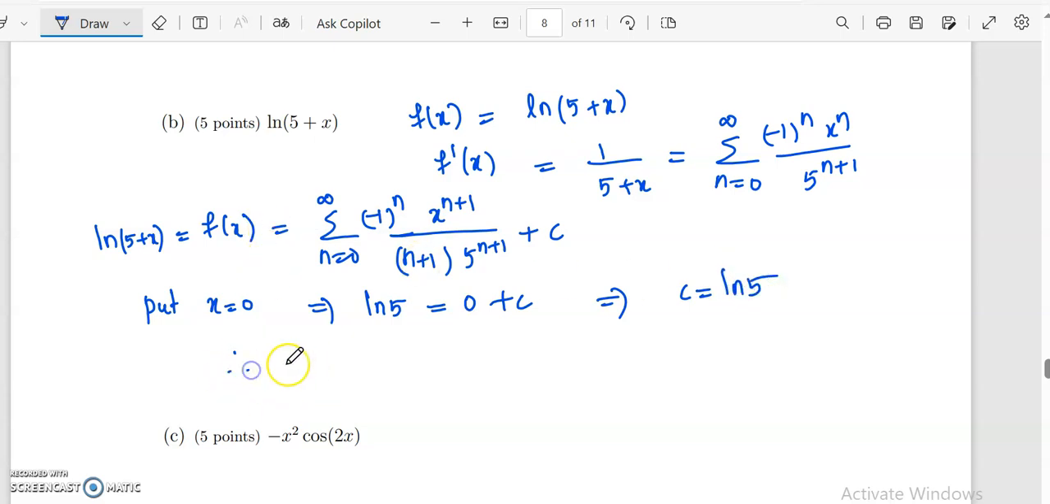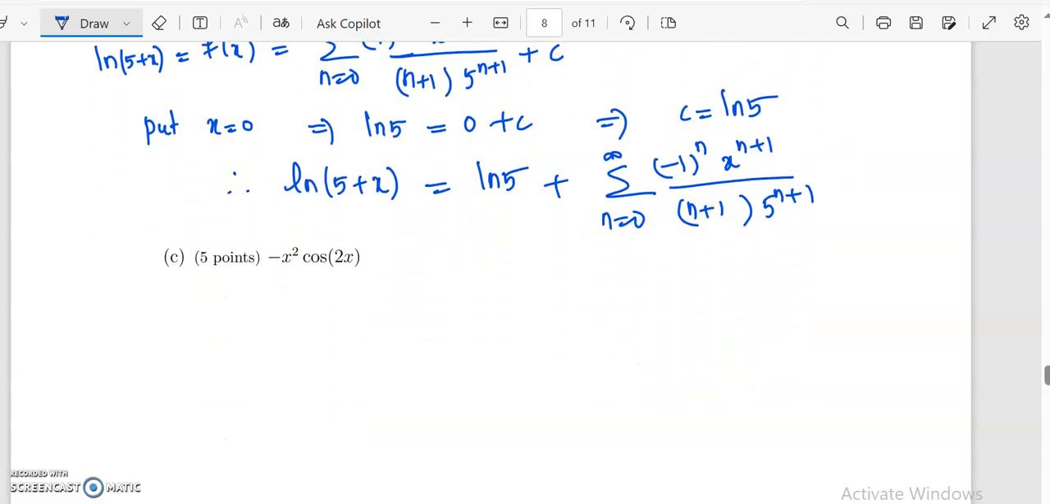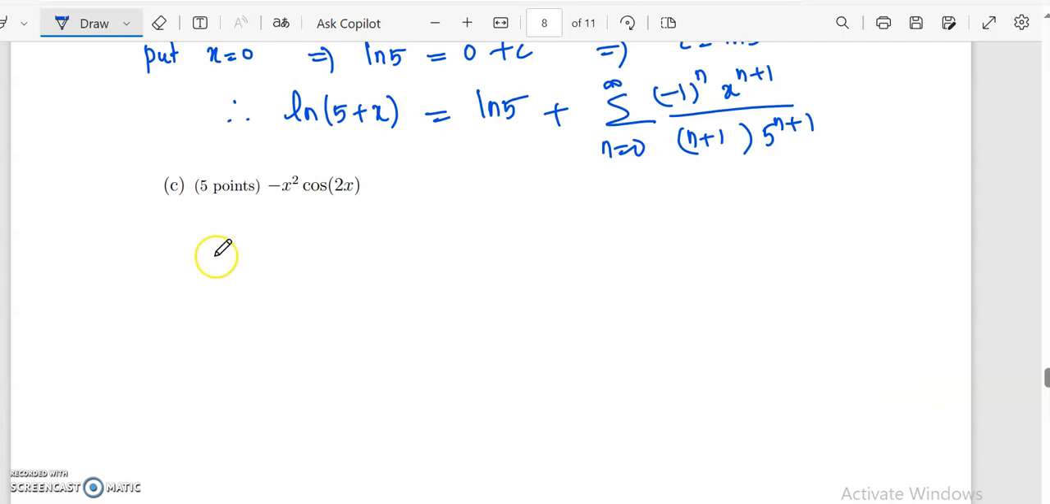So therefore log 5 plus x will be equal to log 5. Now replacing c, we will get log 5 plus summation n equal to 0 to infinity minus 1 whole raised to n x raised to n plus 1 by n plus 1 5 raised to n plus 1. So this will be the required series. And next one, we have